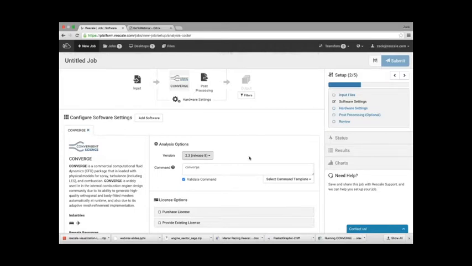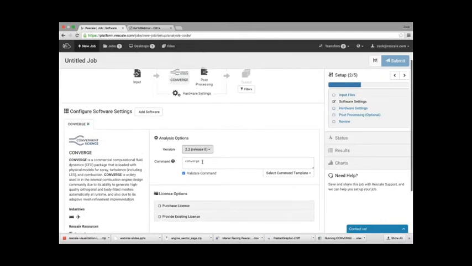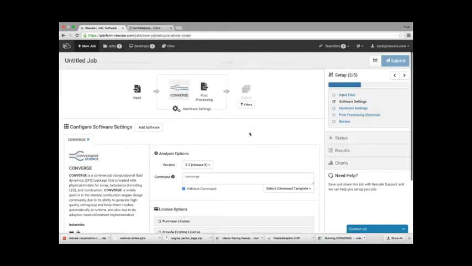You can also see the command line over here. Again, the command line is already predefined based on the wrapper script, which Mulianto described before. But if you do want to customize it, you can just click here and add your custom command line. The option over here of validate command really means that before we run the job and open up the cluster, we make sure that the command is valid and working. Again, in the case of CONVERGE, because it's already predefined, we hardly have any cases of customers customizing the command line.